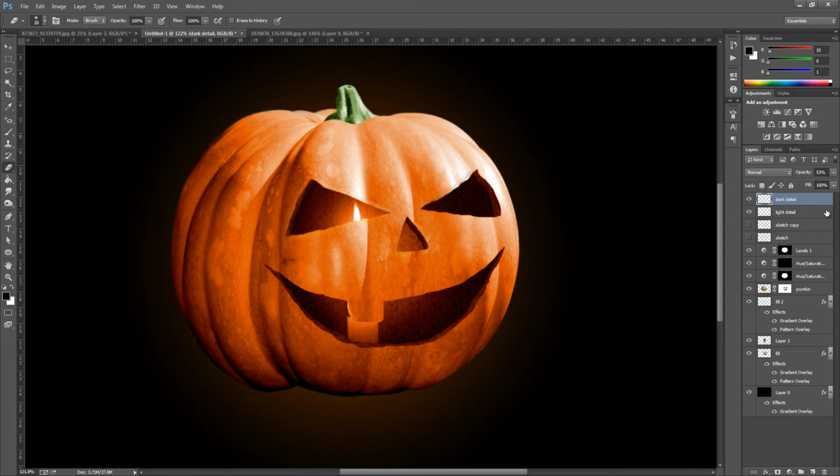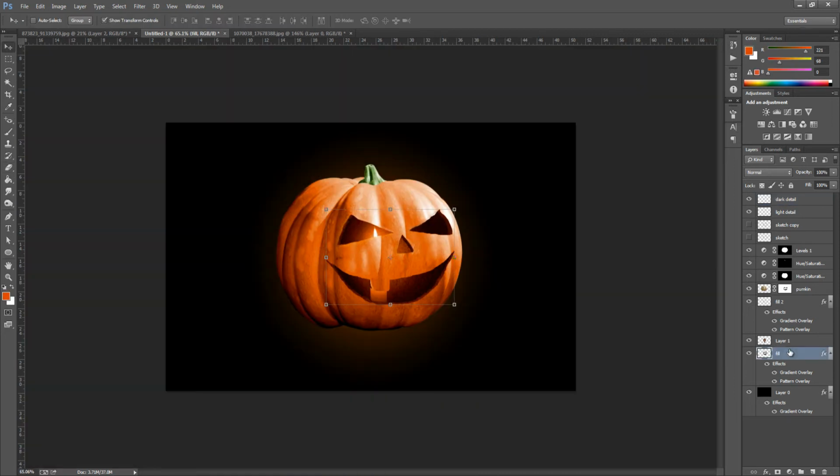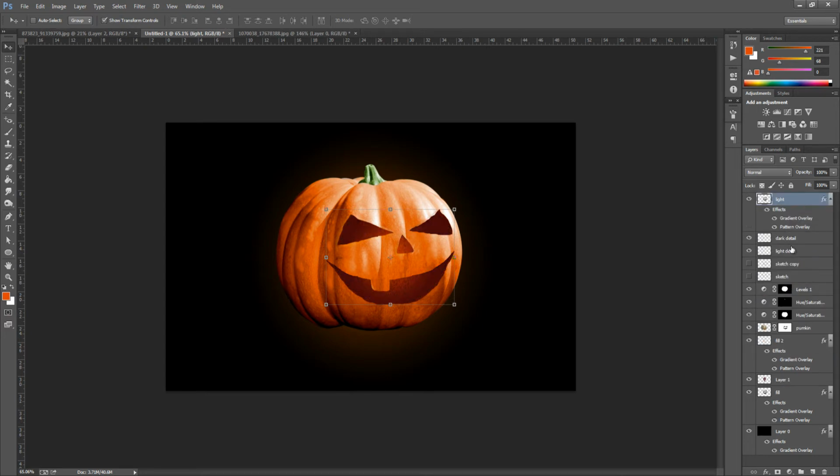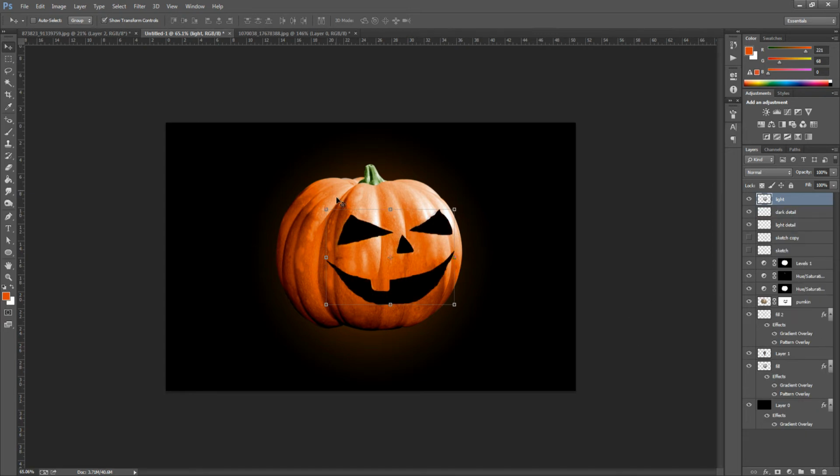So we're going to make sure that we have our dark detail layer selected. Then the next thing we're going to do is go down to the fill layer. So make sure you've got the fill layer selected. And then we're just going to go and duplicate this. So Control and J or Command and J on your keyboard. And that duplicates it. We're going to go and rename this now. We're going to rename it to light. And we're going to bring this all the way up to the top. We're going to get rid of all the styles on this. So we're just going to drag the FX button right here, just on the side, all the way down to the bin. So it's deleted.